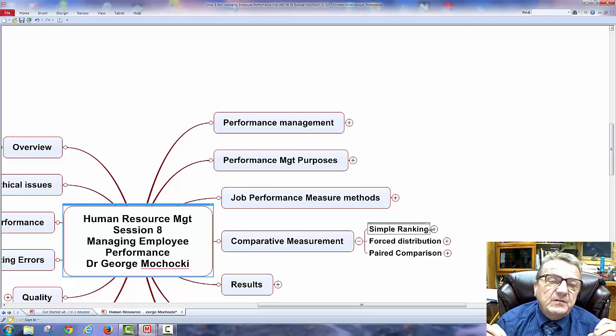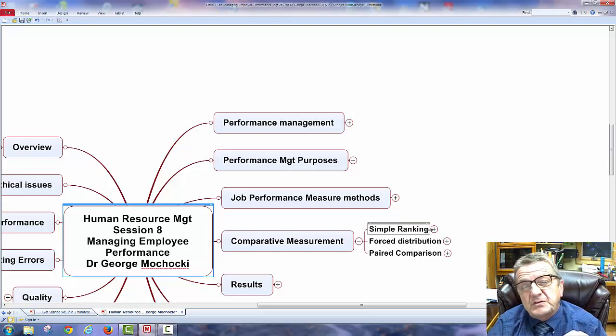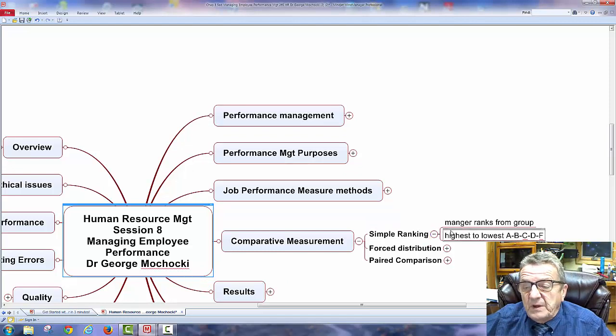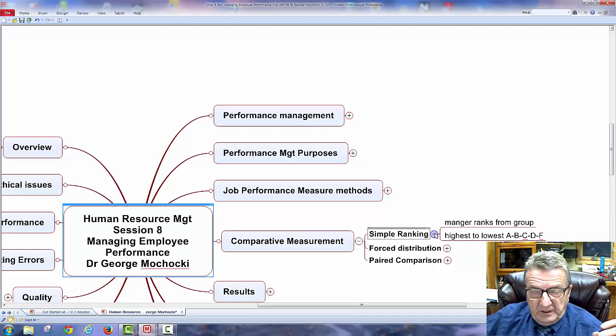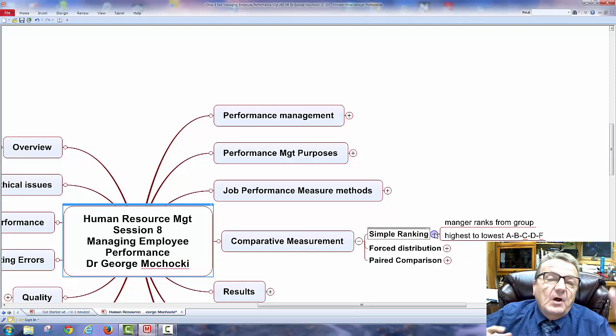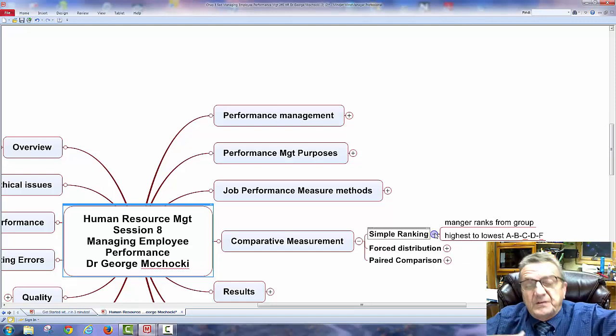A lot of managers, after a while, don't want to take money away from the individual, and they want to motivate, so they basically just rank everyone the same. So what you'd have to do in simple ranking is the manager ranks from highest to lowest, real easy. But you have to rank your number one employee to the lowest, which basically helps the employees. Because if you say I got all B's, I got all C's, out of all the B's and all C's, who is your best and who's your worst?